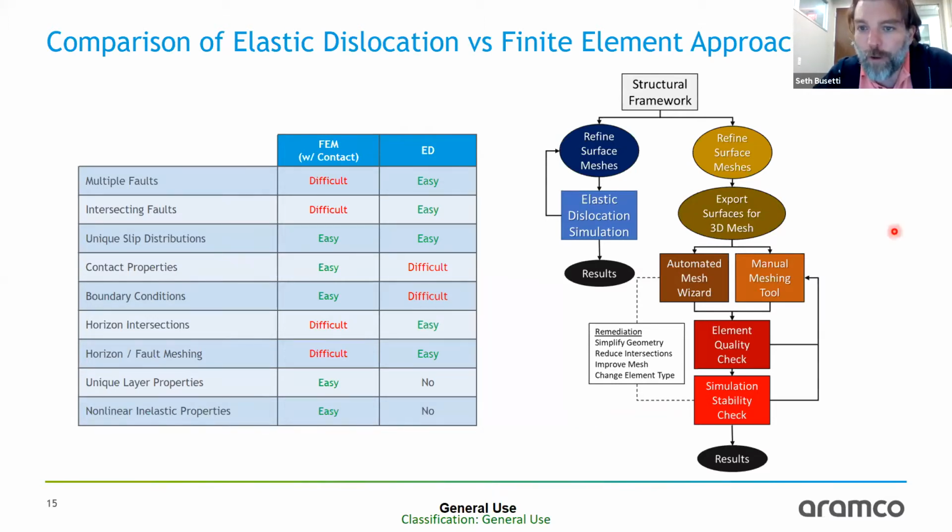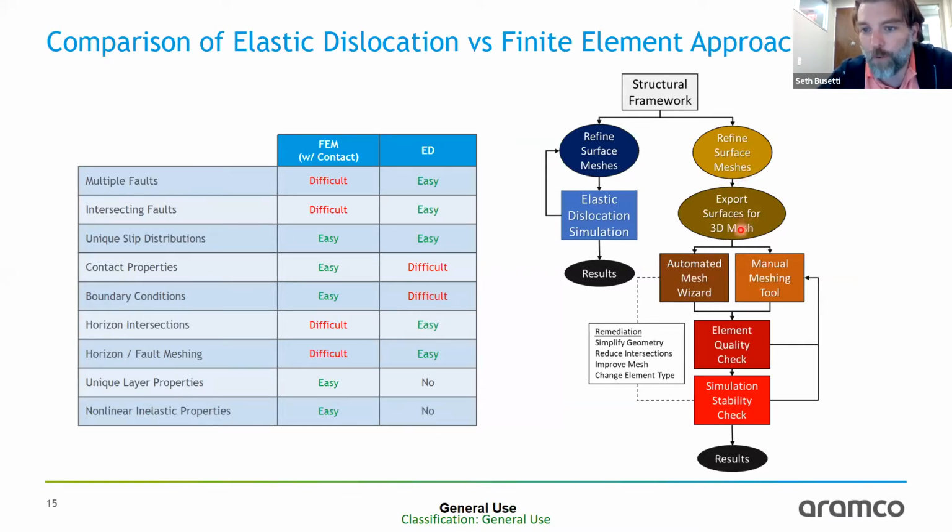If we look at the structural framework workflow, the left side is what I did with those two models. The elastic dislocation was pretty simple. Once I had the framework, I refined the surface meshes. I ran the simulation, looked at the results. If I didn't like them, I just reran it and changed some of the properties. Very simple process. Finite element is quite a bit more difficult, taking those surface meshes and refining them,